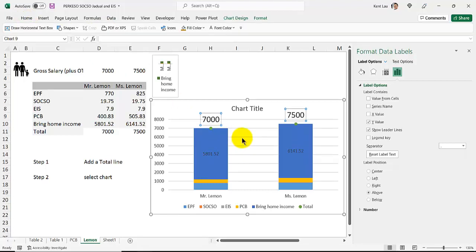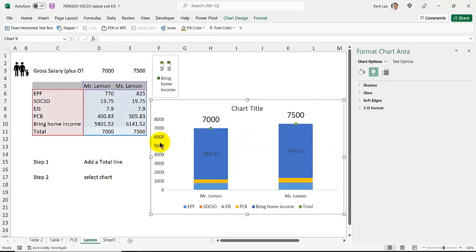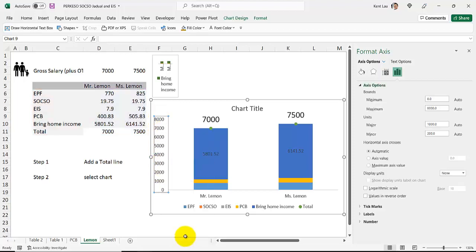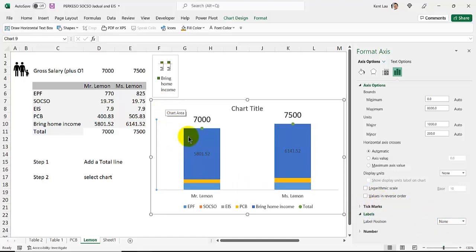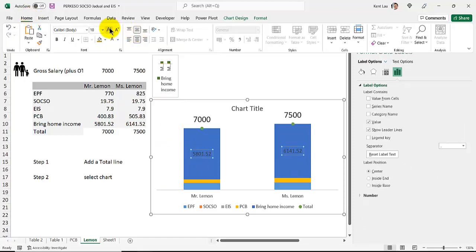It's easier to read. Select this grid line, press the delete key, select the label, right click, choose format. So there's a label here, choose it to be none. Select the label here,